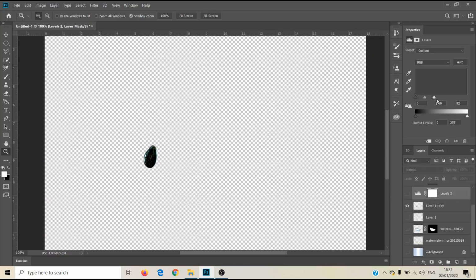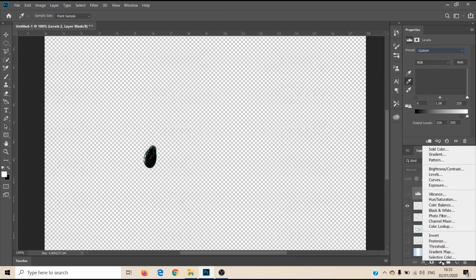For example, if you want to change anything in this seed, if you want to increase any color system, any strength in it, you can do it from here. For example, I'm going to move its darkest side to the brighter a little bit, and you can also make some further changes from here. As you have seen, I have made different changes in the color. So now you can also go in